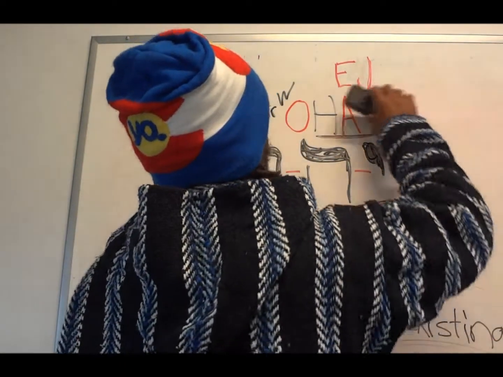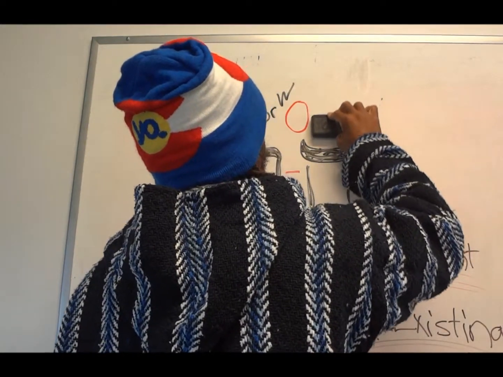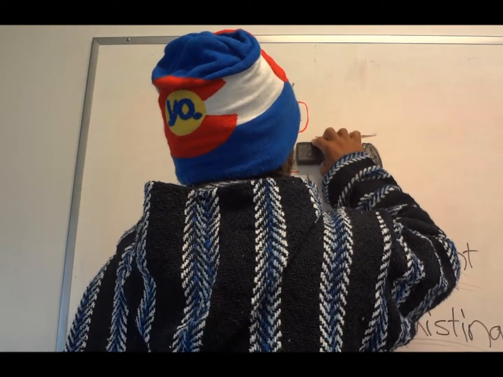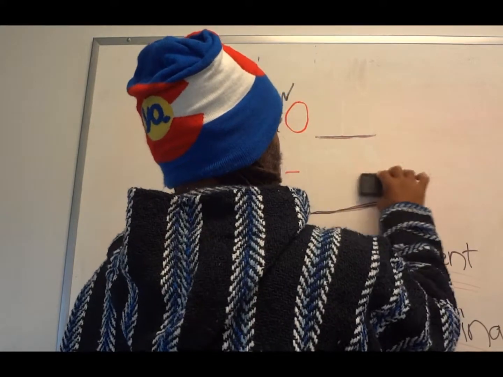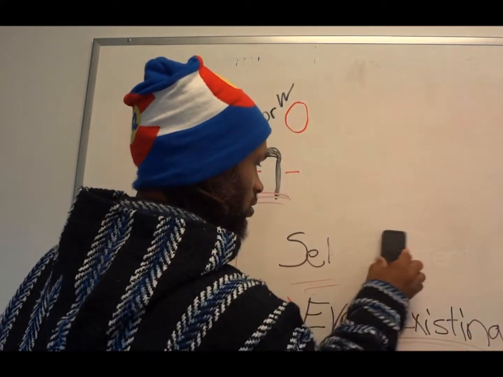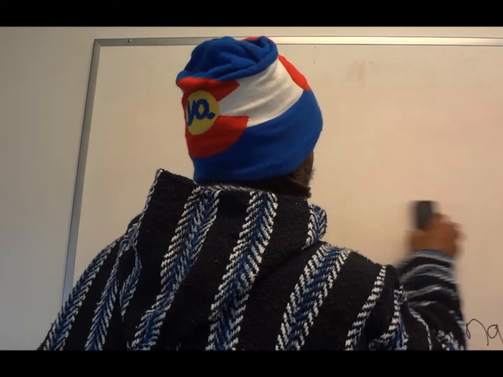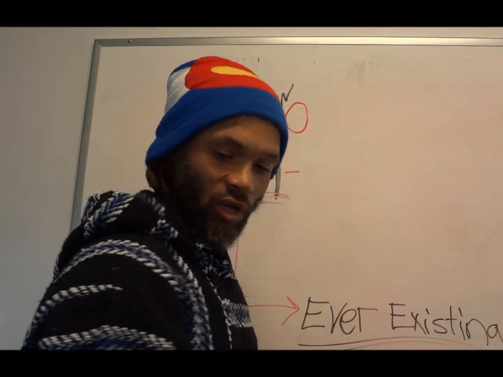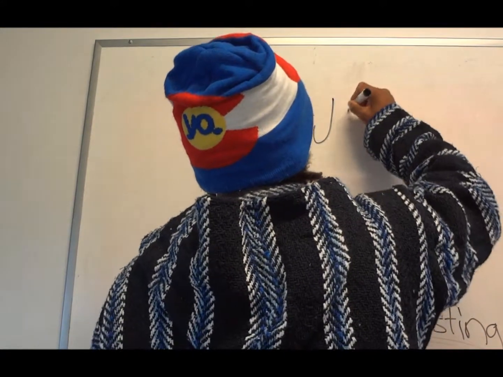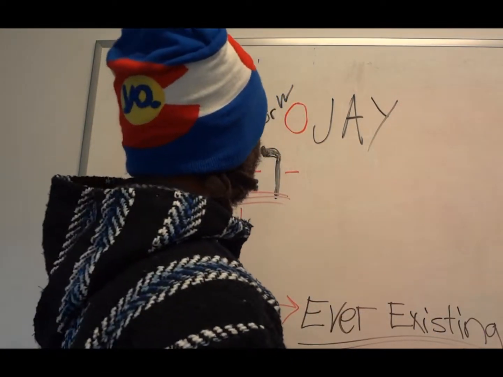he switched this part. Okay. This is what he did. He took this part out. This part. This is what he did. He took this part out of the name. And what did he do? He put J. But